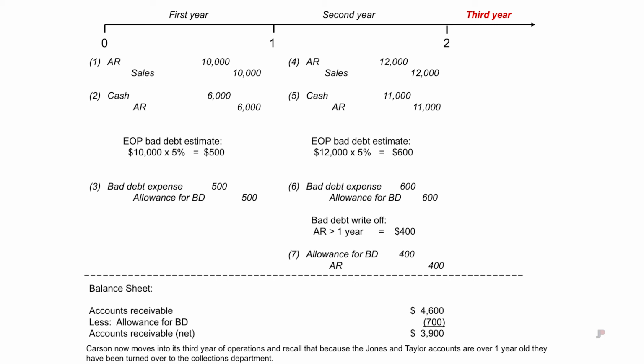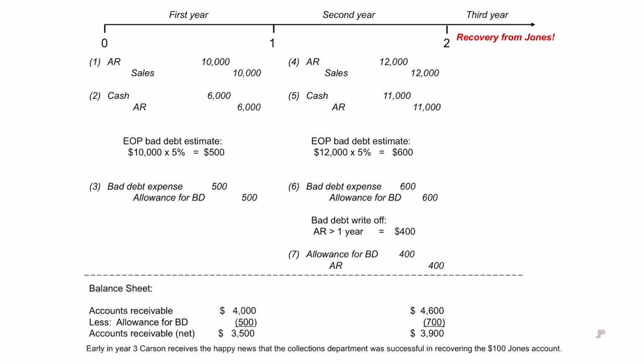Carson now moves into its 3rd year of operations. And recall that because the Jones and Taylor accounts are over 1 year old, they have been turned over to the collections department. Early in year 3, Carson receives the happy news that the collections department was successful in recovering the $100 Jones